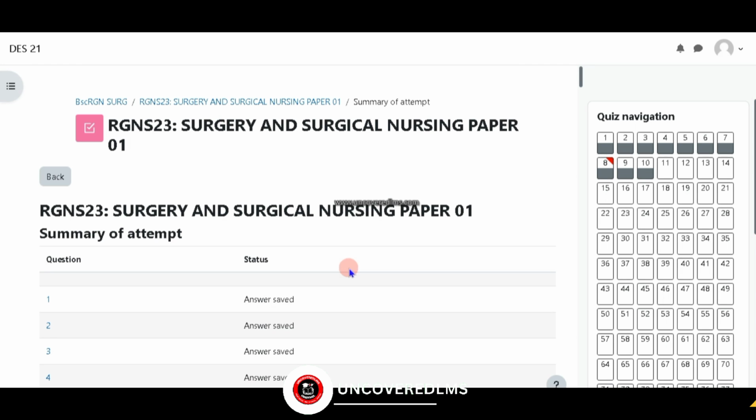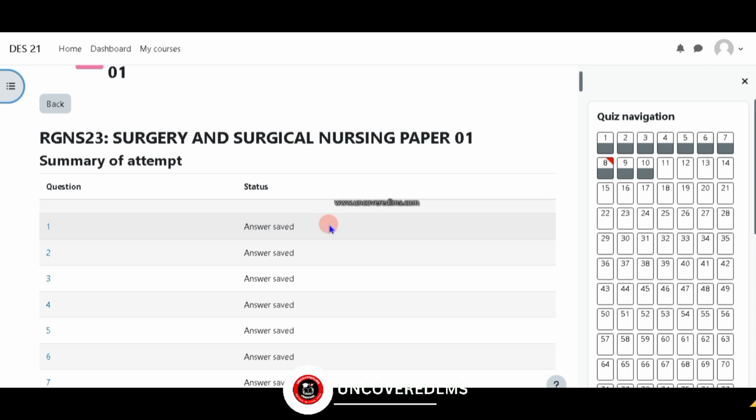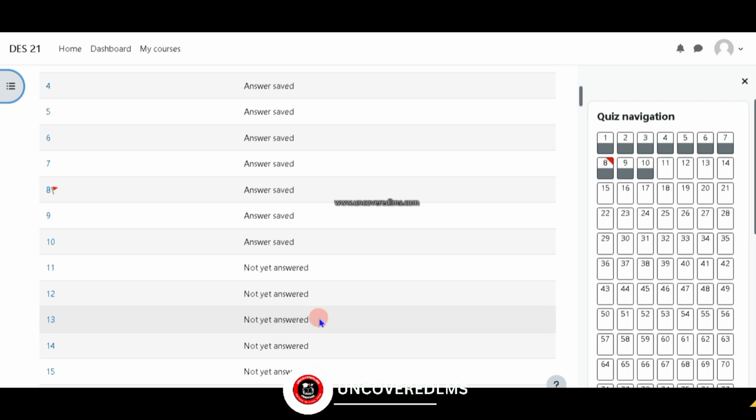Okay, so this is the summary page of your exams. These are the question numbers and also the statuses of the questions. Number 1, you can see that answer saved. Number 2, answer saved. Number 3, answer saved. Number 4, answer saved. This shows whether a question has been answered or not, or whether a question has